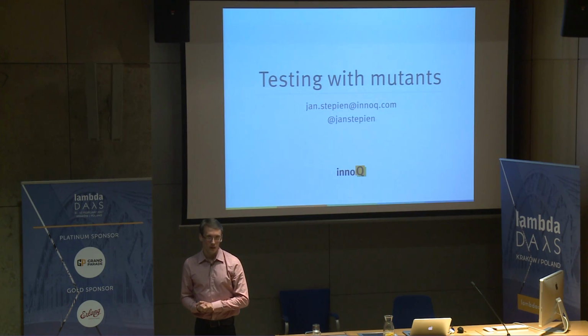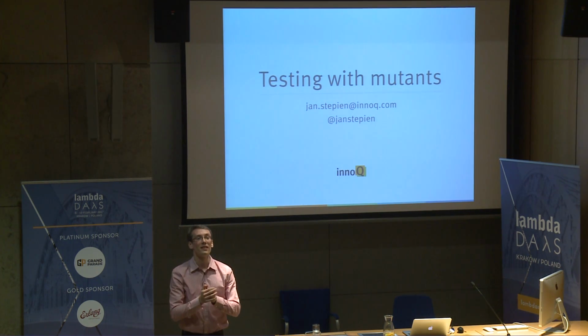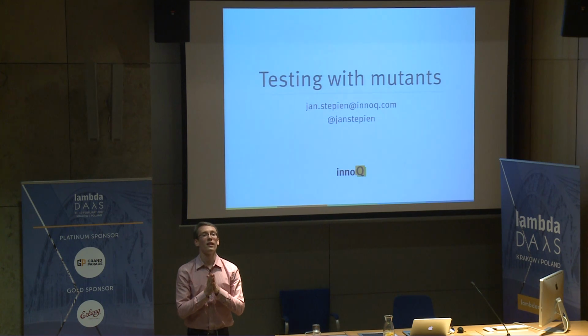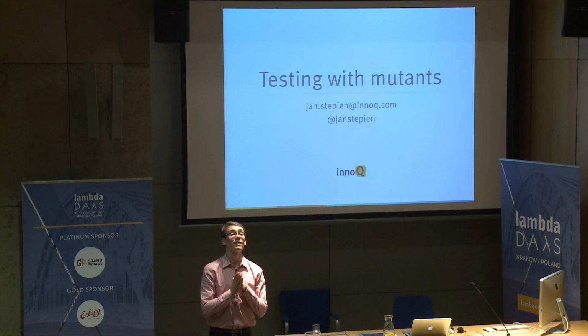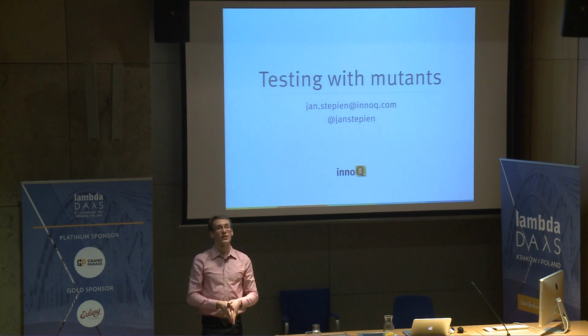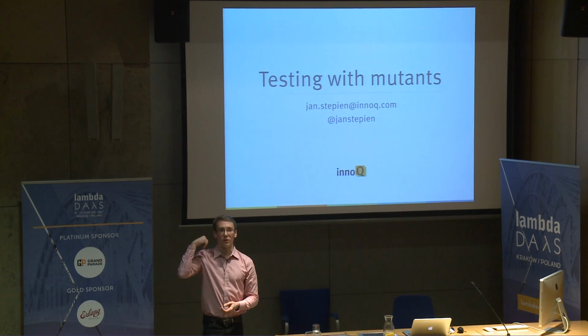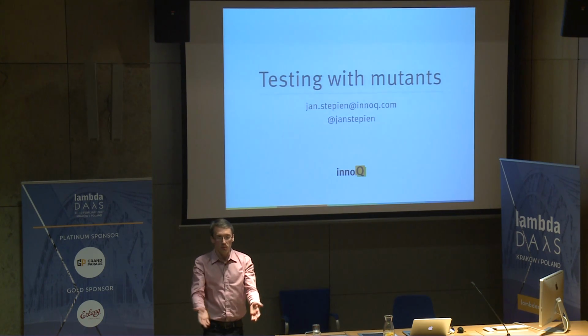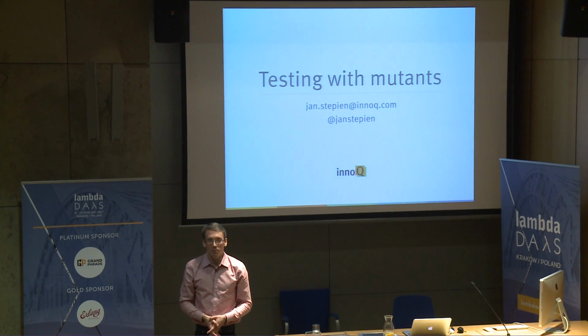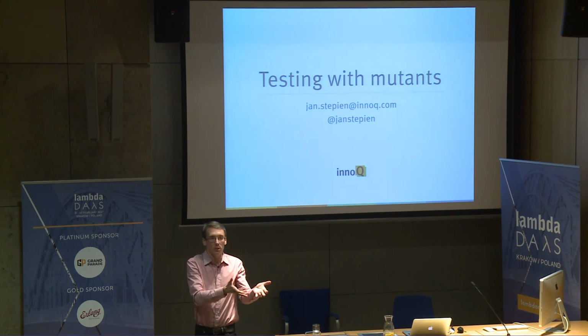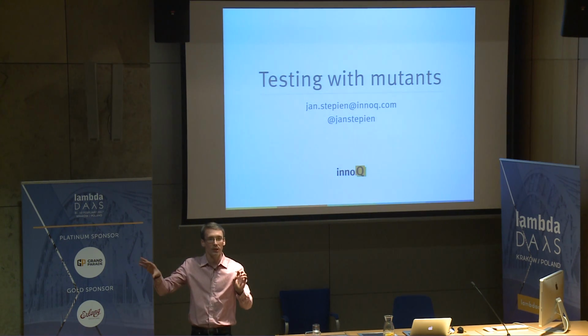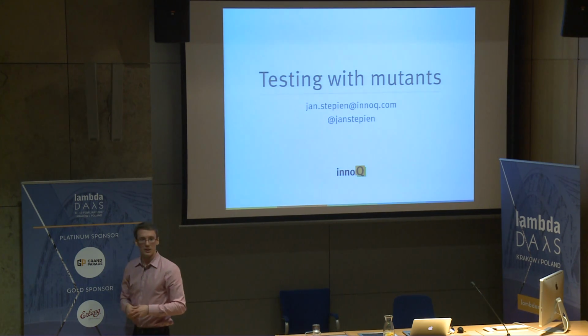Or are there also libraries that protect against it? Sorry, I think I have a question coming there. You didn't say anything about equivalent mutants in your talk. How big a problem have you found those to be? Excuse me, equivalent? Equivalent mutants which still work because they are equivalent to the original program. Thank you very much for this question. Yes, this is an excellent comment. What if, for example, I remove a log statement from your code as part of my mutation, right? Your test suite remains green, but it's kind of a mutant, just a mutant removing log.debug something, so it technically doesn't break anything, right? How do you address this problem?